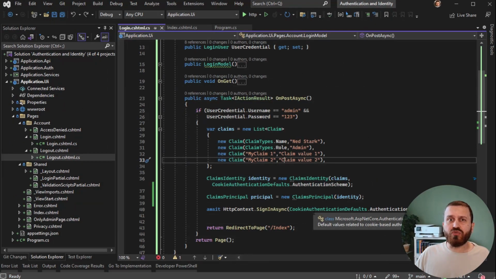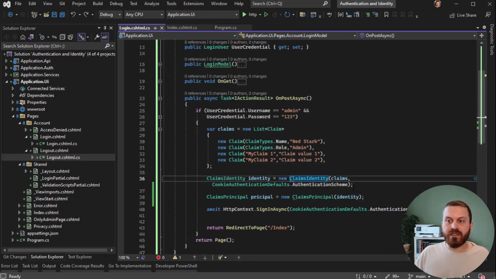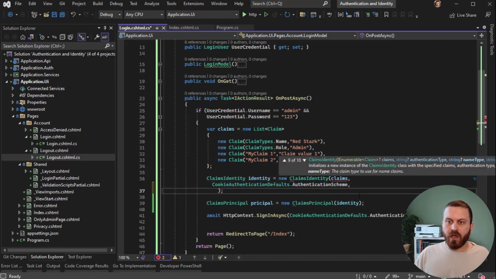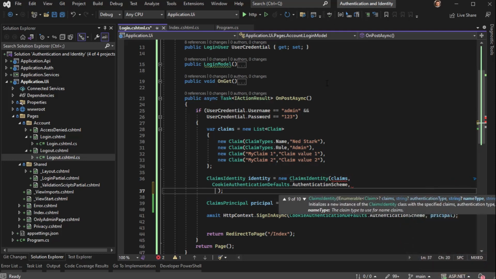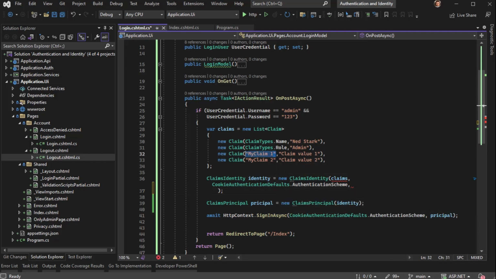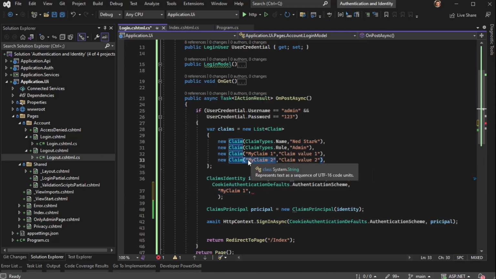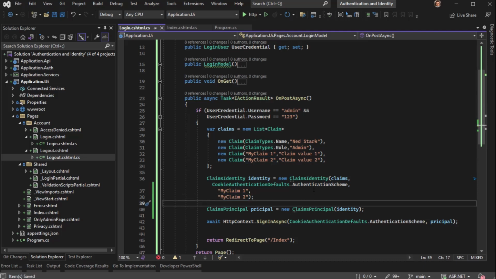What if I want to read the name of the identity from another claim? Here with claims identity, I have some other overloads. Let me show it to you. We have name. We need to specify the name, the key, the type of the claim that we want to read the name from. Let me use this one. And after that, we need to specify the role type. And I want to read role from my other claim. And if I save it,